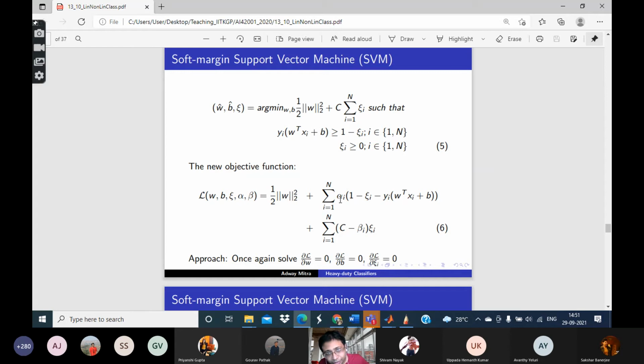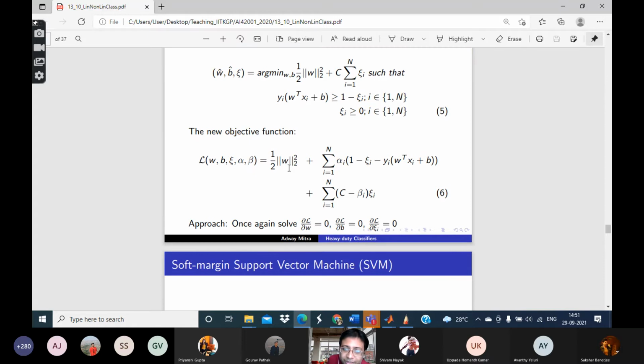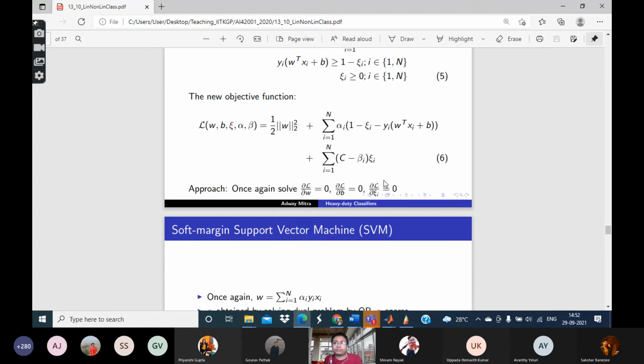So this is the first set of Lagrange multipliers, and this is the second set. Once you introduce all the Lagrange multipliers and write out the whole thing, this is what it looks like. I am not showing how to do it; I leave it to you as an exercise. After that, what do we do? Once again, we do the same thing. We take derivatives of the whole thing with respect to w, the xi's, alpha, beta, everything. And as far as w is concerned, we once again get the same equation which we had got last time.